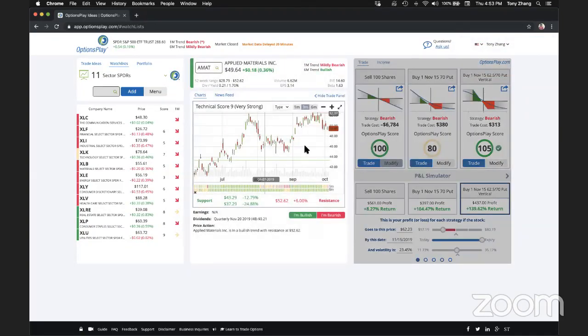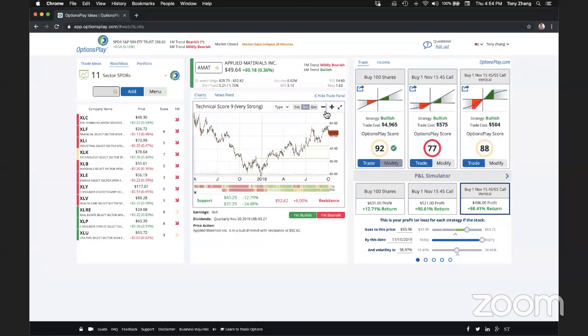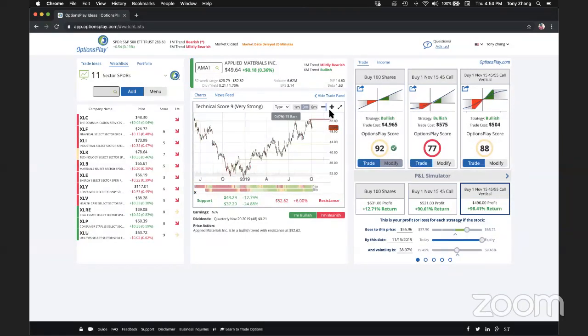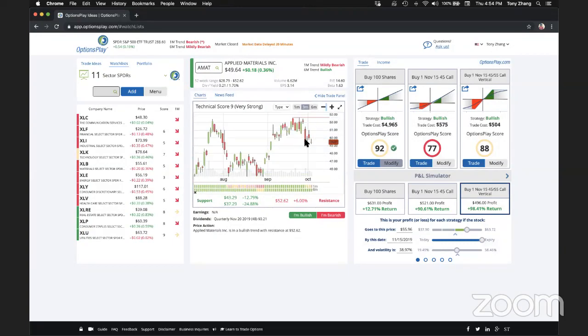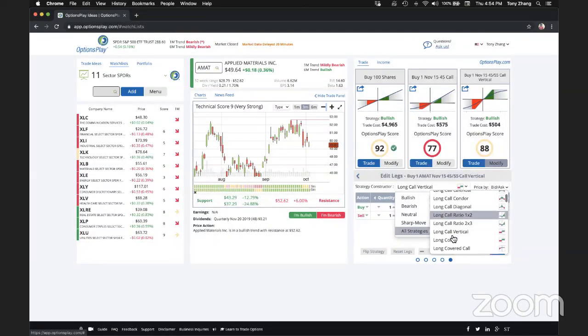Stewart owns Applied Materials at $60. So you must have had the stock from a long time ago. Again, this stock is well down more than 10%. I'm pretty sure we won't be able to find anything here. Again, if you're down more than 10%, I don't believe you will be able to find a short call ratio,